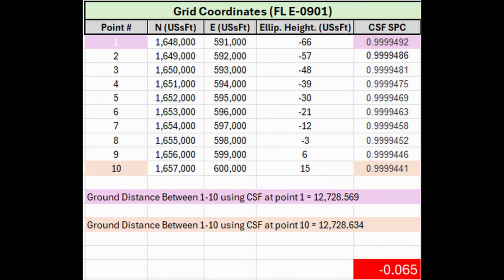distances. If we use the CSF from point 1, we get a total project ground length of 12,728.569 feet. And if we use the CSF from point 10, we get a total project ground length of 12,728.634, a difference of 65 thousandths, or about 2 centimeters. But keep in mind that's over 13,000 feet, or almost 4,000 meters. And this is easily cut in half to about 1 centimeter by choosing a central point from which to calculate